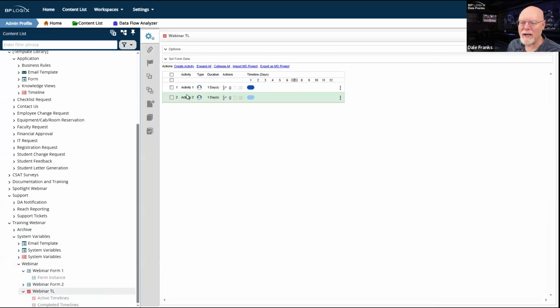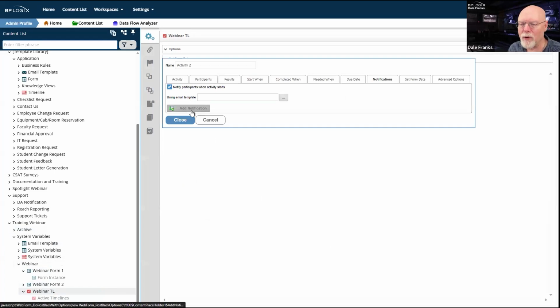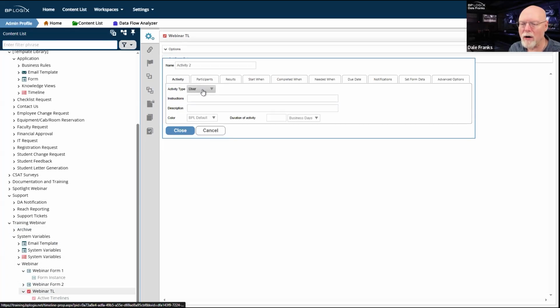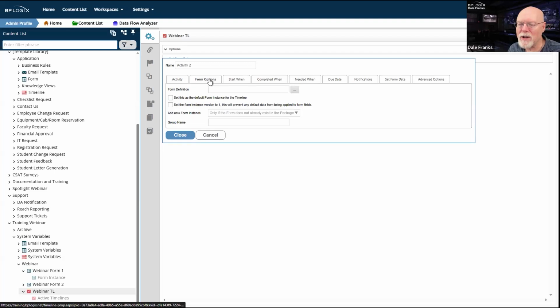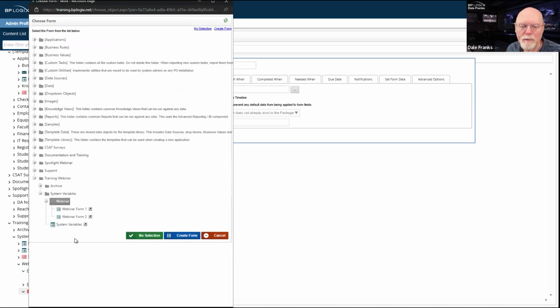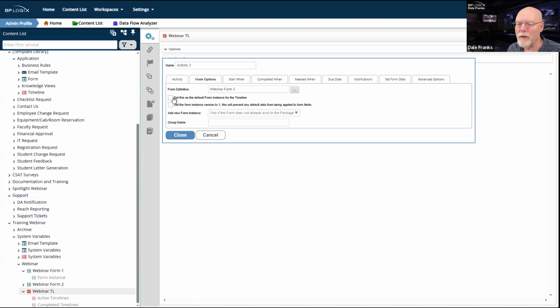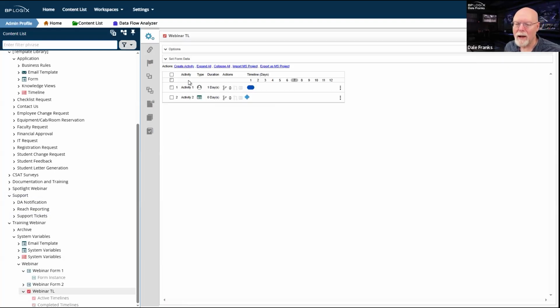We're going to create a second activity. And for this activity, we are going to make this a form actions activity, and we are going to set form 2 as the default form for the timeline. And we'll drop that right there.